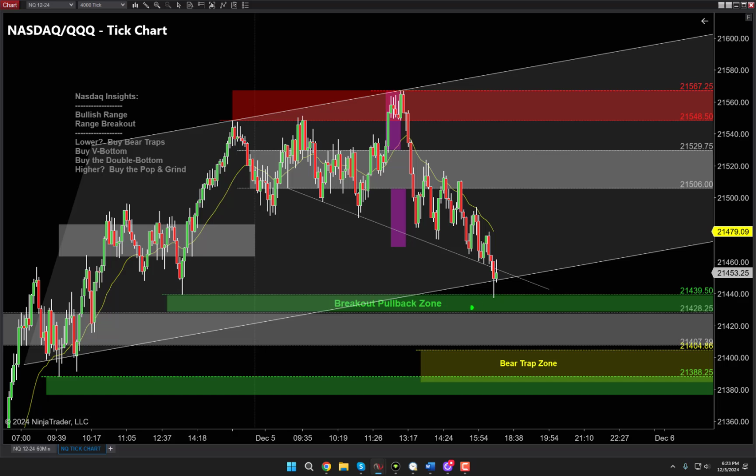In these scenarios, I would love to go a bit lower here into that bear trap zone. Again, if you're a student of mine, you know what I'm talking about. Run it lower, trap some bears in, use that 2-try failure, squeeze some stops, go up, grab another bear trap combo off that low and complete that rotation